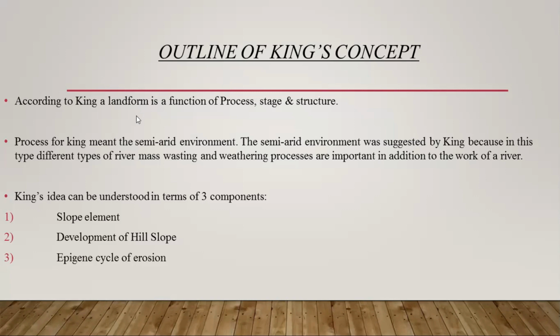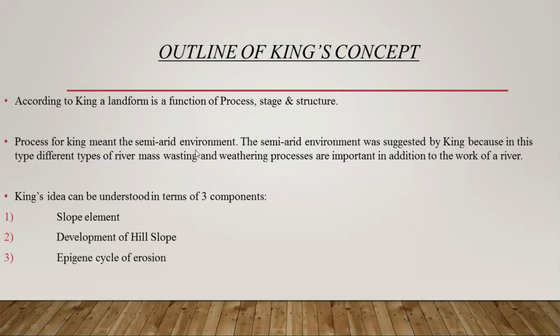He accepted, like in the previous slide I have told you, the Davisian trilogy of process, stage, and structure. But as you are seeing over here, he rearranged the sequence. It was structure, process, and stage for Davis, but he made it process, stage, and structure. So what does he mean by process? Process for King meant the semi-arid environment